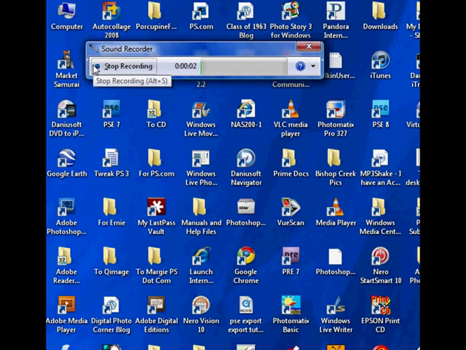You can see the time starting to tick off, and you can probably see, just barely registering, the green. That's a pretty low level. I don't have the best microphone in the world, and you're probably going to hear some background noise. I have a program where I can reduce that, but for the purposes of this demo, I may keep it in there. Okay, I've probably made a long enough recording for my narration. So I'll click on Stop,